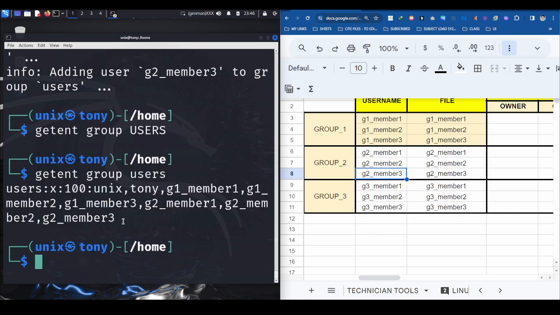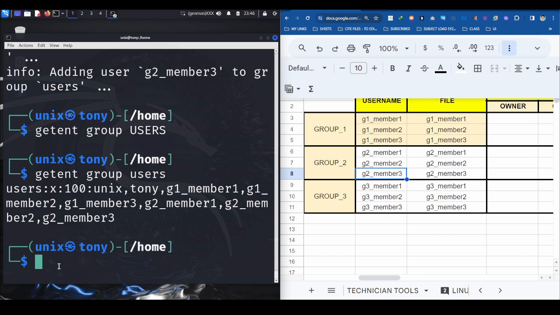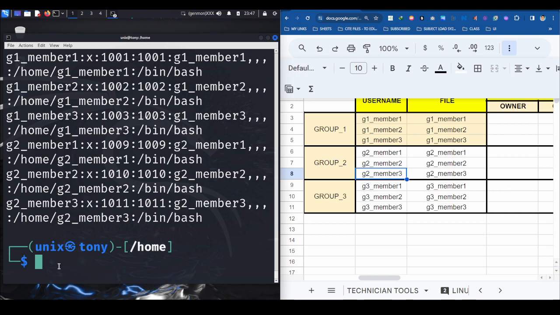Okay, so we have all of these created users. Okay, to specify, we can also use passwd. Okay, then for group 2,